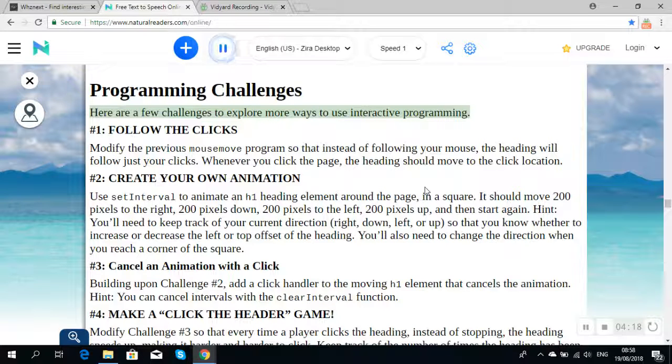Here are a few challenges to explore more ways to use interactive programming. 1. Follow the clicks. Modify the previous mousemove program so that instead of following your mouse, the heading will follow just your clicks. Whenever you click the page, the heading should move to the click location. 2. Create your own animation. Use setInterval to animate an h1 heading element around the page, in a square. It should move 200 pixels to the right, 200 pixels down, 200 pixels to the left, 200 pixels up, and